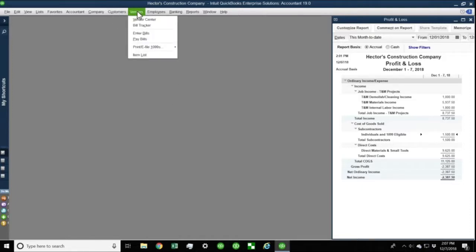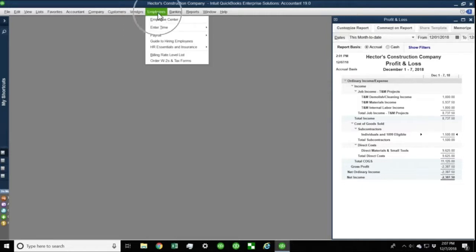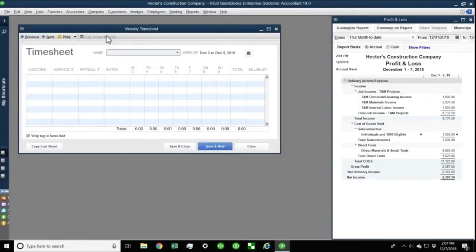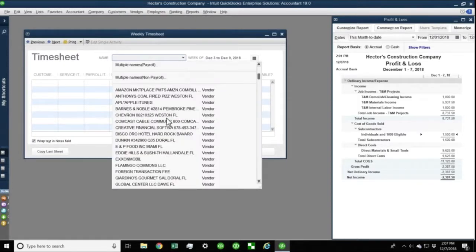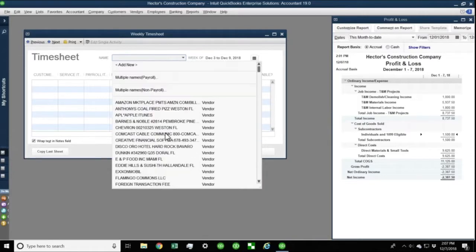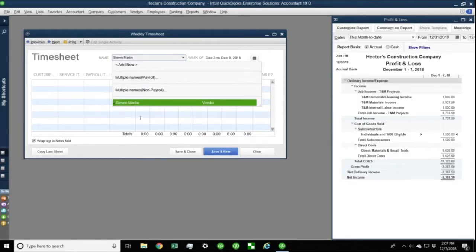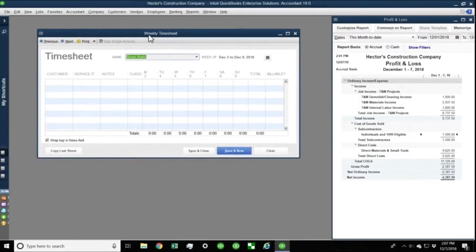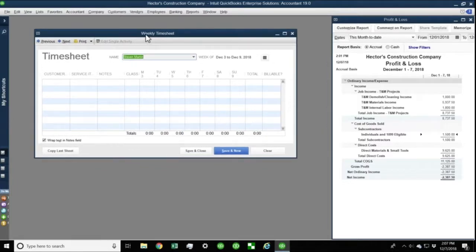So I'm going to go into vendors. I'm going to go into employees. I'm going to go enter time, and then I'm going to click on use weekly timesheet. So let's say that this vendor or subcontractor, Steven, where you type Steven Martin, we're going to pay them through timesheets. So they're going to give us a timesheet, and we're going to generate these payments through a